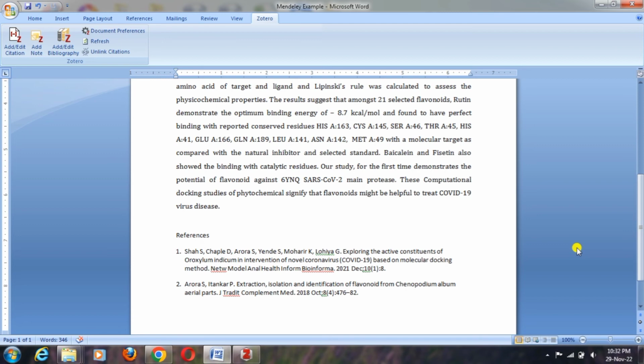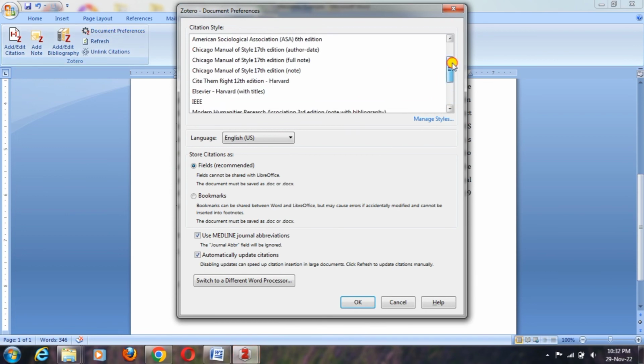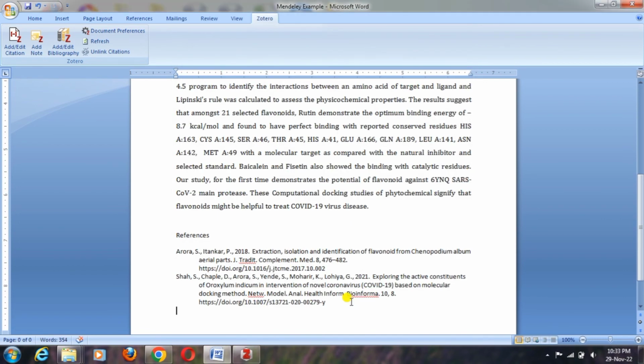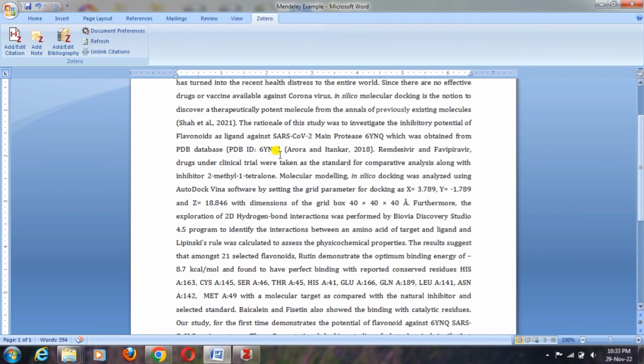You have to only go to document preferences and click the style from this. If the style is available, directly click it and click OK. So you will have the changes of references as per the author's name, which is the requirement of many journals.